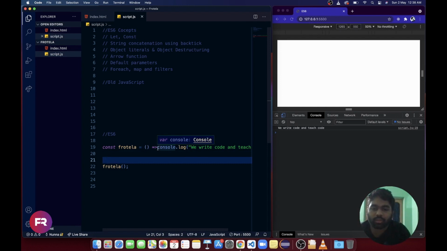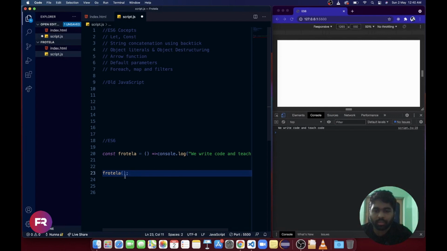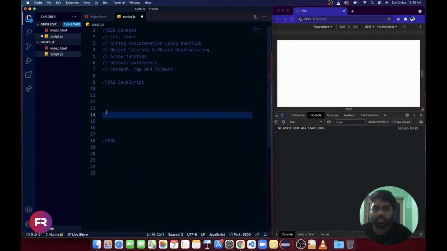Using this arrow function, there is one more advantage I will tell you now. Let's remove this code. Let me create a function printDetails.